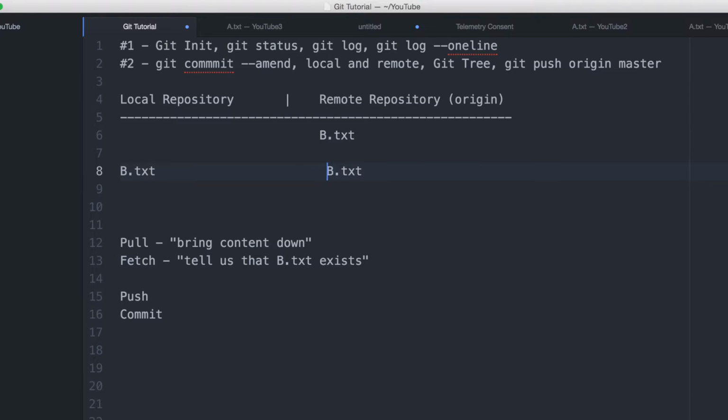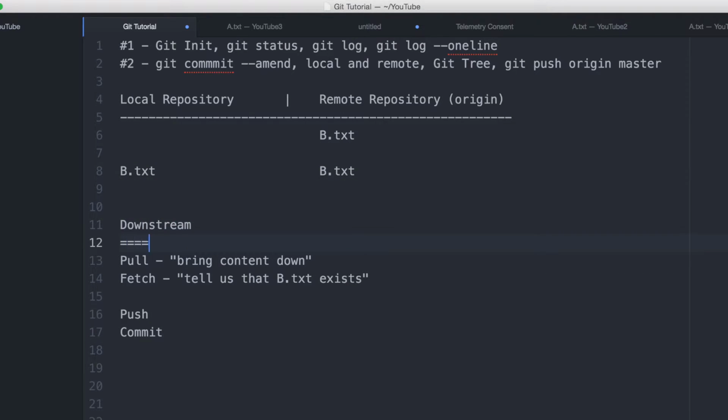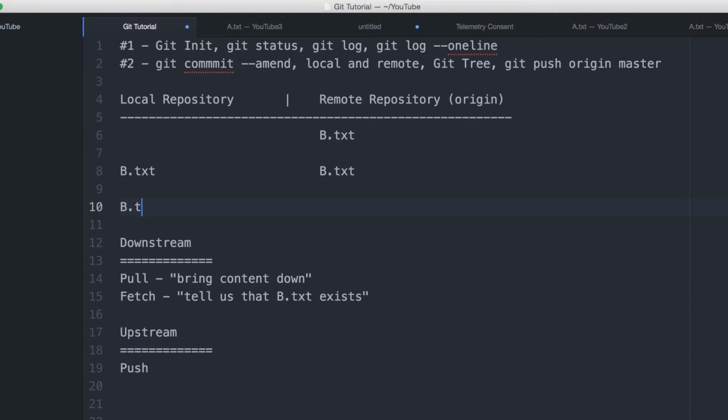So that is bringing things downstream, and then pushing things upstream. We have a push and a commit. Well, I wouldn't say commit is actually related to upstream. A push would push your b.txt, or if you've made changes to b.txt, or let's say we've had a new file c.txt, it will push c.txt upstream. And a commit